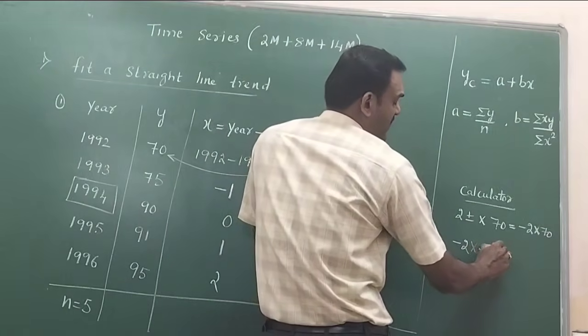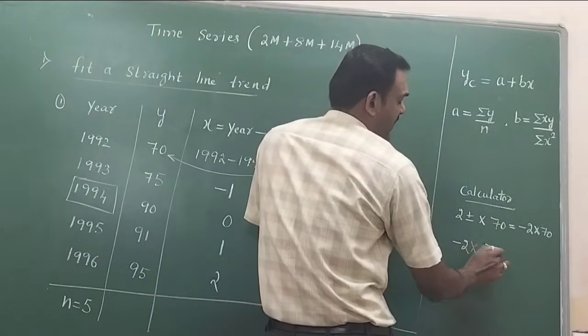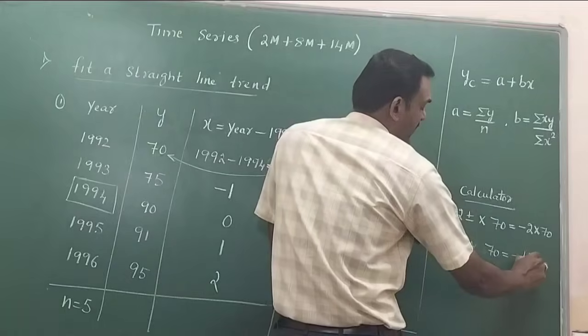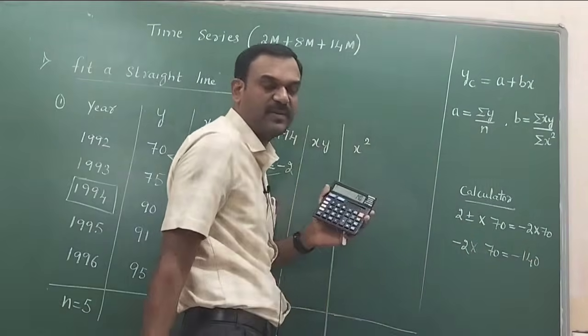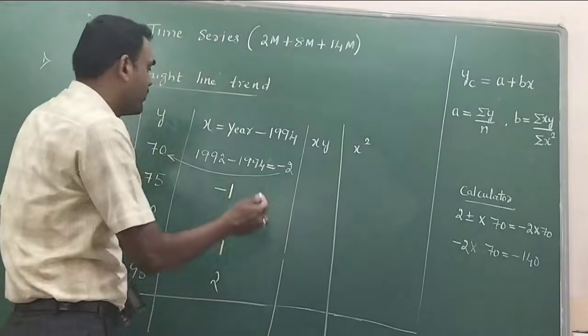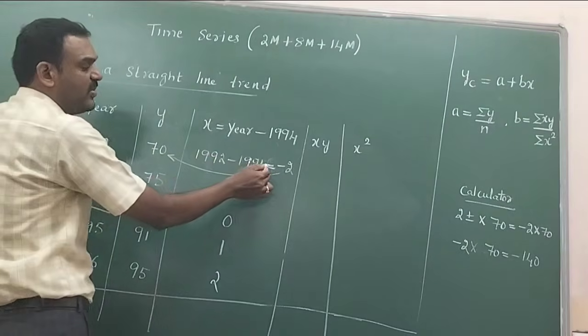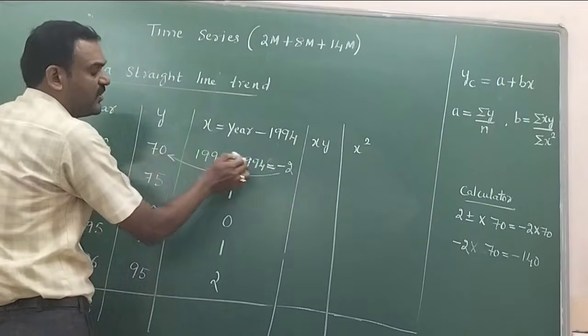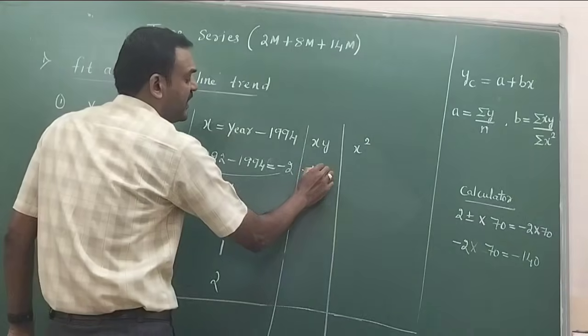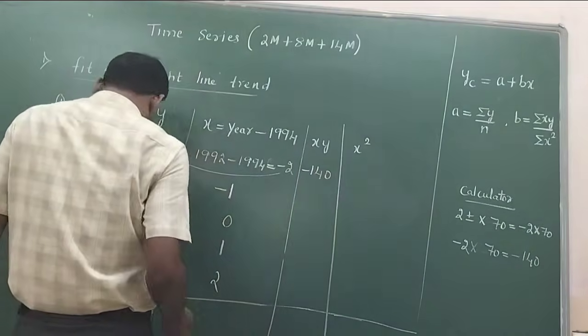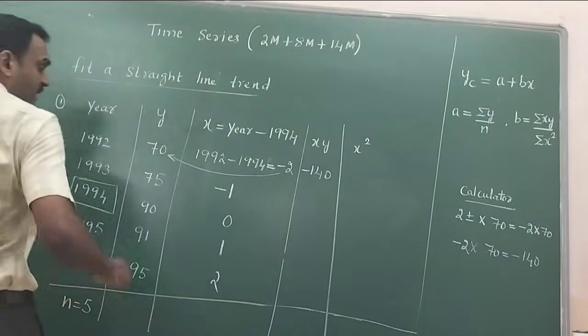So minus 2 into 70 is minus 140. You can do it this way. Otherwise, minus into plus is minus, 2 into 70 is minus 140. And then next is,